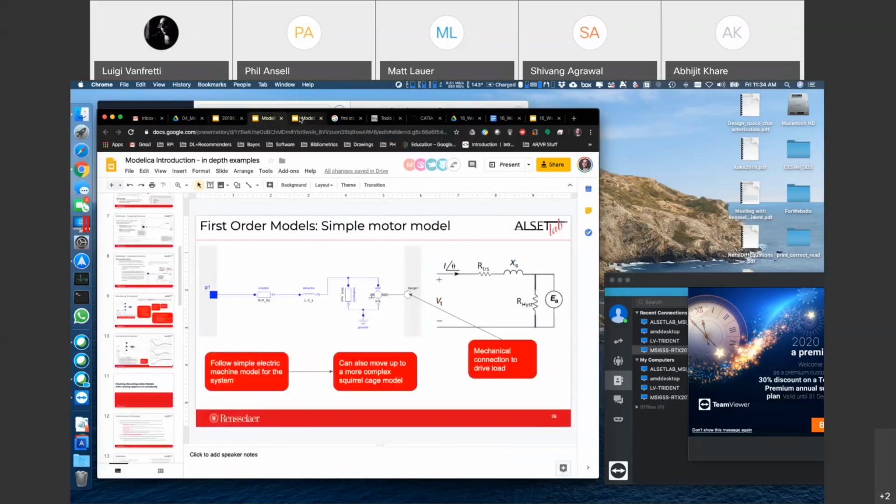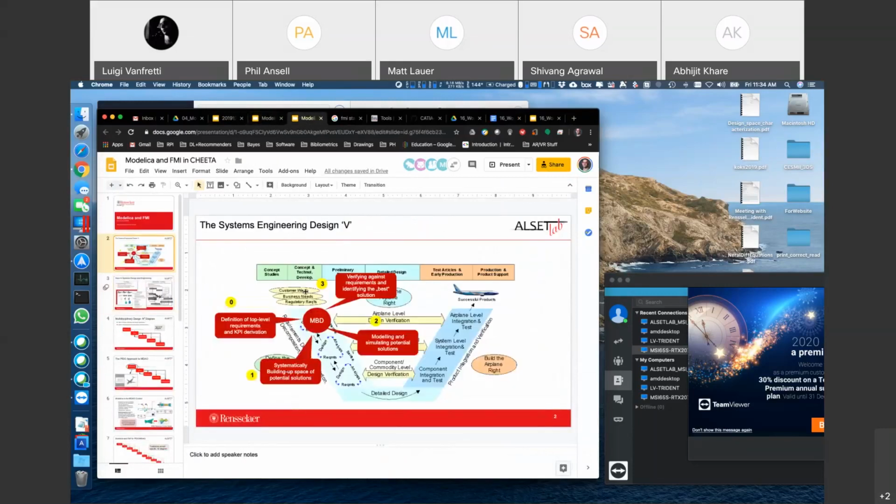I think the best slide to use here is this one. So what Modelica and the FMI standard will allow you to do is to develop multi-domain models that you can use across this model-based design process. And the models can start very, very simple to do all the requirement study, and then you can have simplified models that you can use to evaluate the different types of architectures for each of the subsystems, and then you can start going in and